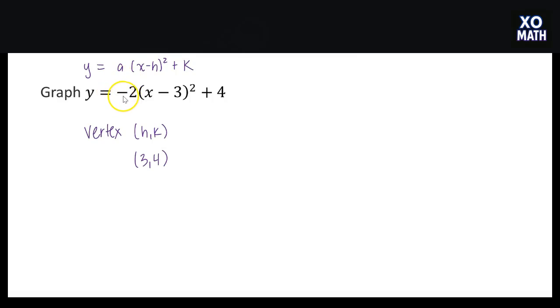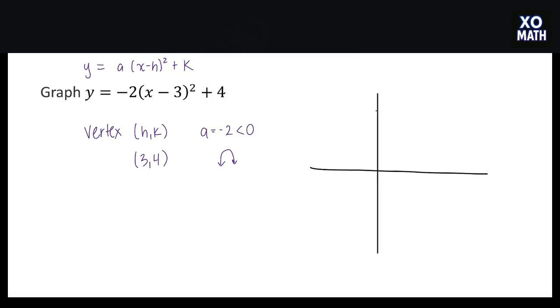We also can see that the a value is -2, which means that this parabola is going to open down. So a is equal to -2, which is less than 0. So this parabola is going to be a downward facing parabola. So with these two pieces of information, we're going to do a quick sketch of the graph of this